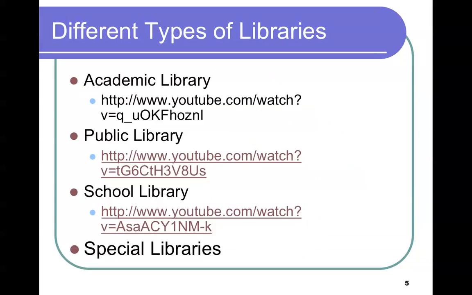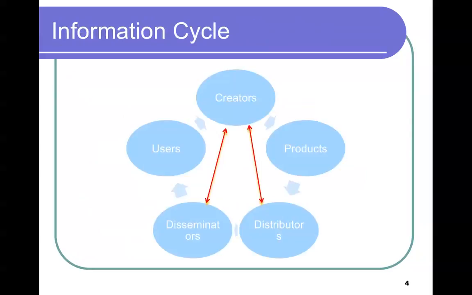So that's about the people involved. In this cycle you can see what you can do as a librarian. You can focus on the product part and the publishing company, or you can be in a bookstore or other distributing industry, or you can be a disseminator, in charge of playing the bridge between patrons and the distributor.